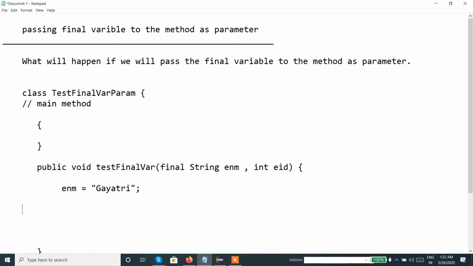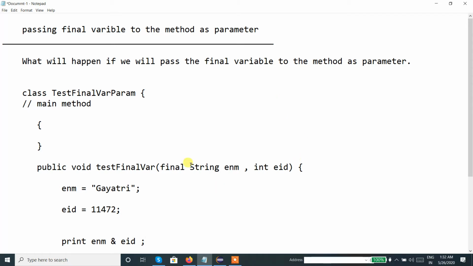I initialized the final variable. We can initialize the final variable, right? Now employee id eid, it's integer, so I'll just give some values and I'll again initialize over here. Now let us print enm and eid. So this is the job of the method.